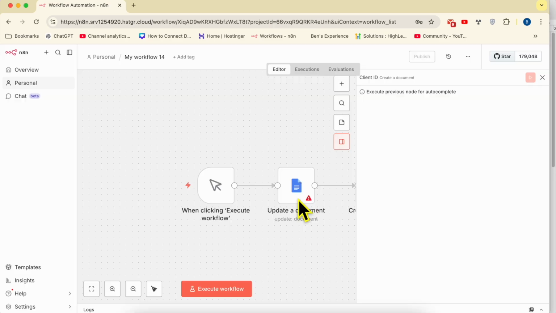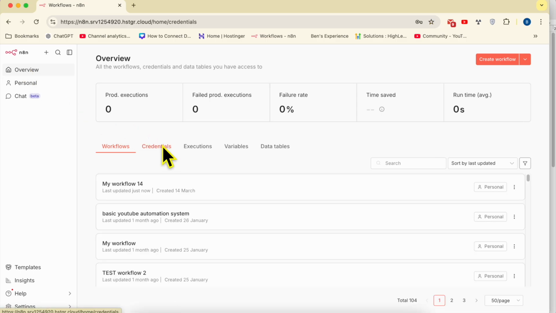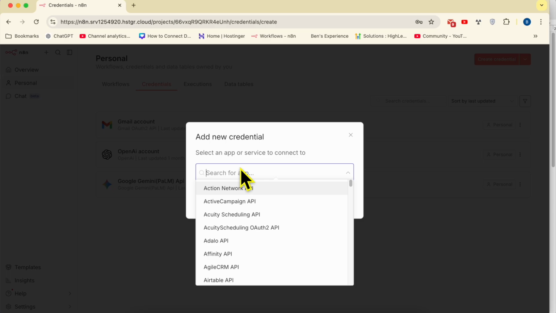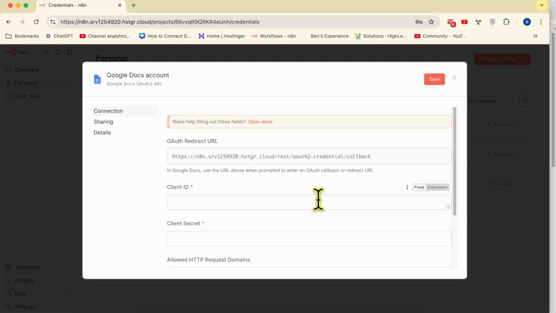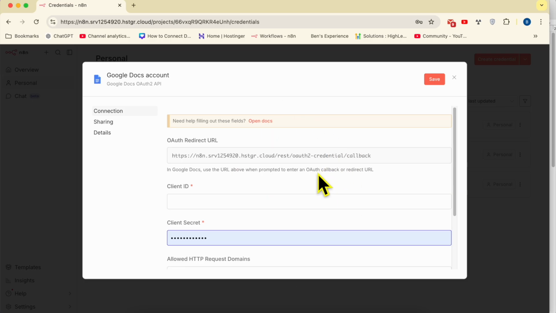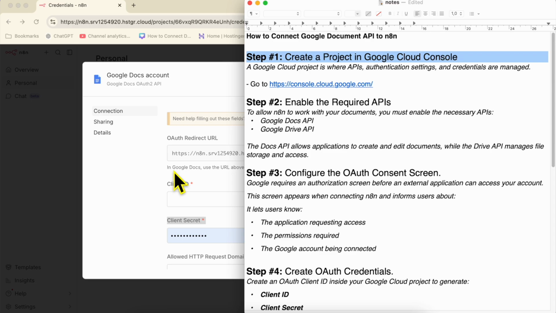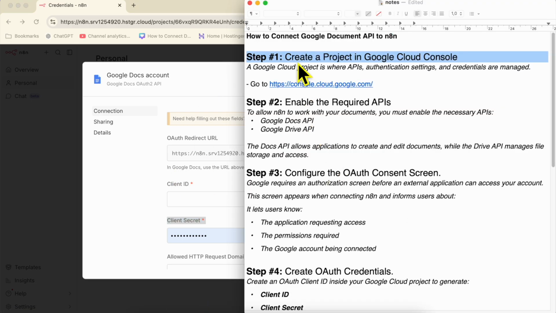There is another way where you can add Google Docs credentials from the overview page. Go to credentials and then click on create credential. And here you can search for Google Docs. This is it. Click on continue and you will arrive at the same page. As you see, client ID and client secret. Now keep this window or page open and let's start with the first step, which is creating a project in